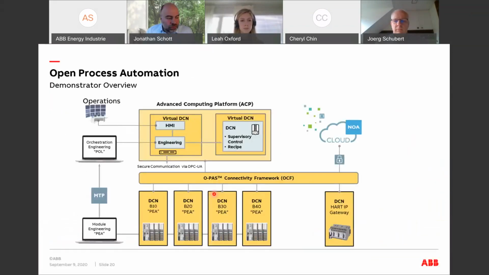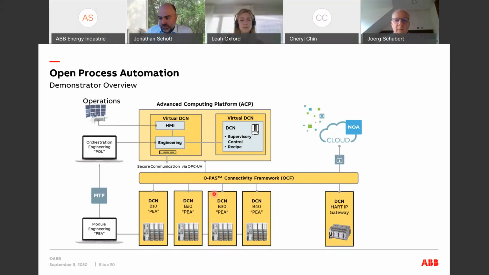Depending on the direction the OPAF standard will be taking, it might either be required to still use vendor-specific tools to download a configuration, or the OPAF will even allow you to download a configuration to another vendor's device. That is a future road that has not been fully decided. But in any case, any configuration you're doing in some vendor tool is not locked in there, but it can be exported in a standard way so that it can be understood by any other tool.